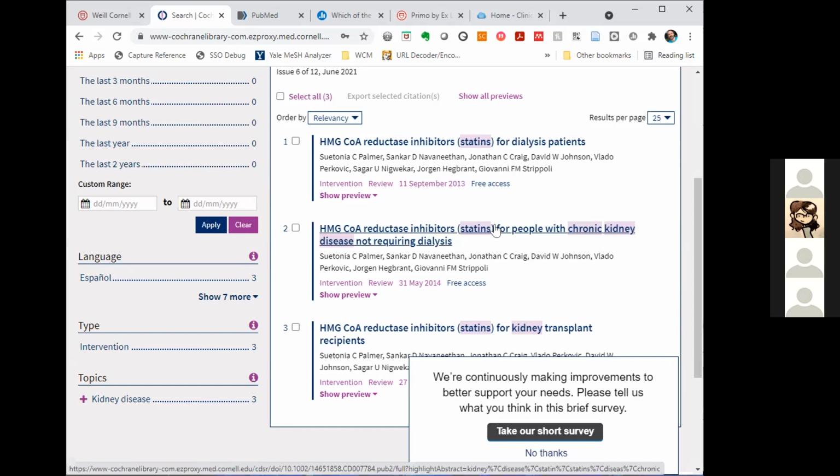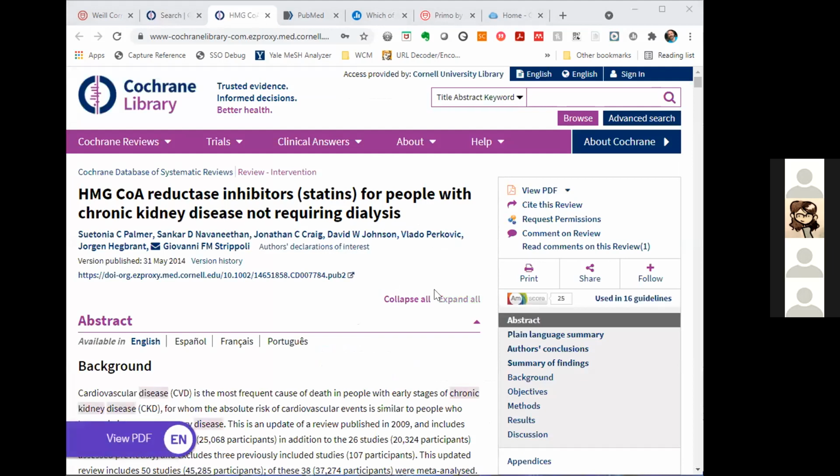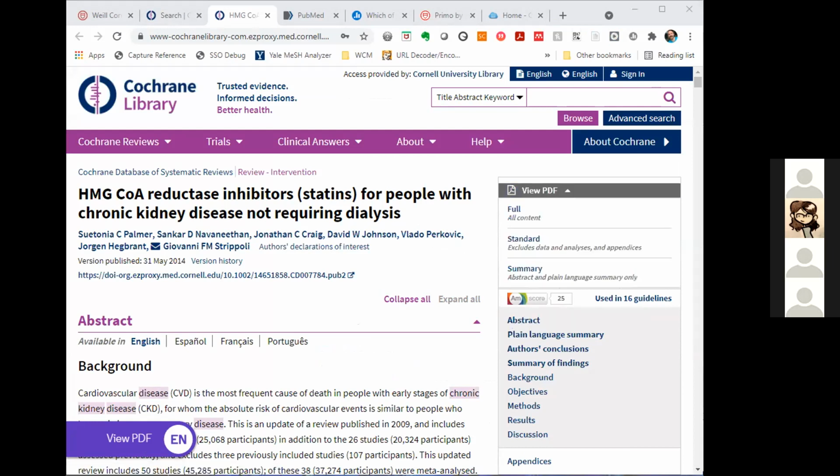The second review is about chronic kidney disease patients who don't require dialysis. So let's click that one. Cochrane reviews have a ton of detail and are very transparent. So you should be able to conduct any critical appraisal of the review by clicking View PDF to navigate to the full text. Since our time today is short, we'll just look at the abstract. But keep in mind that the abstract almost never gives you enough information to critically appraise a study. You really have to read the full text. I am going to scroll down to the